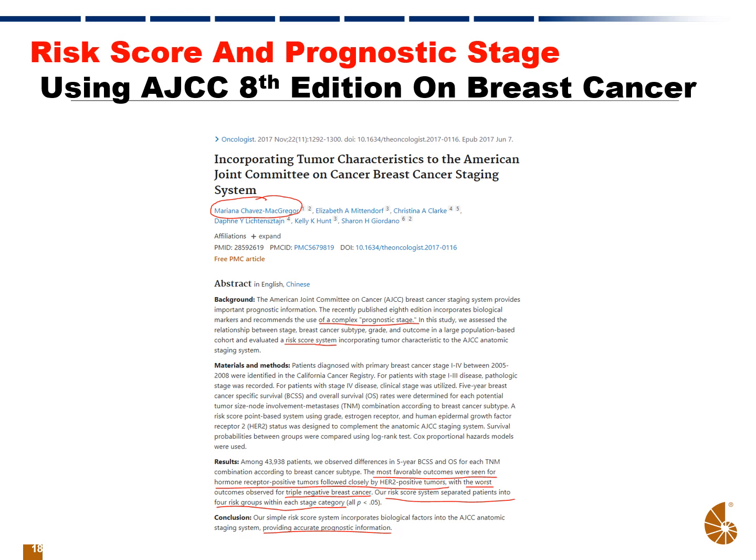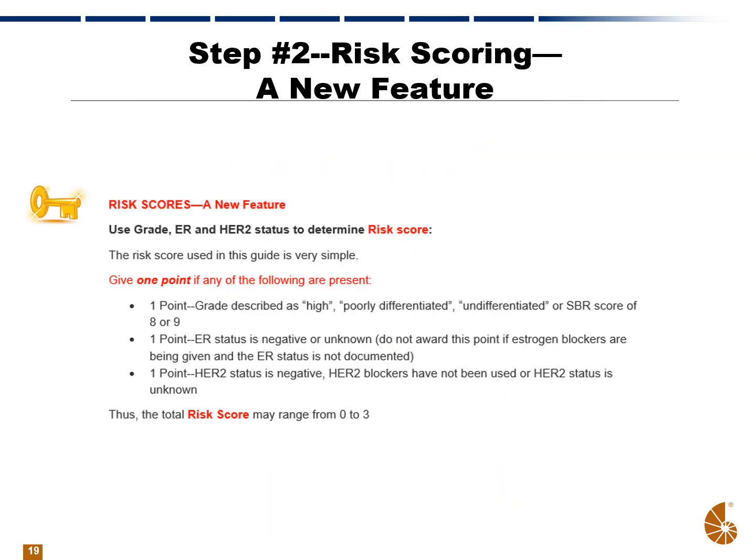She noted that the most favorable outcomes were seen for hormone receptor positive tumors, followed closely by HER2 positive tumors, with the worst outcomes in the triple negative group, and there were 4 risk groups within each category noted by the risk score that she was using. So here's the risk score